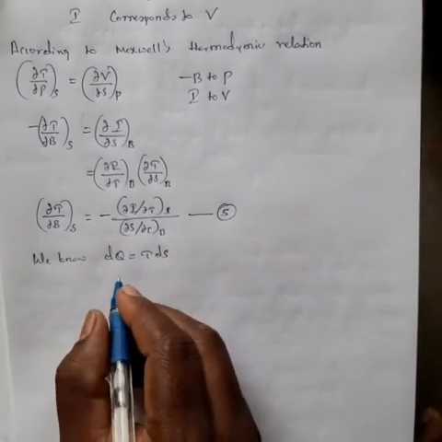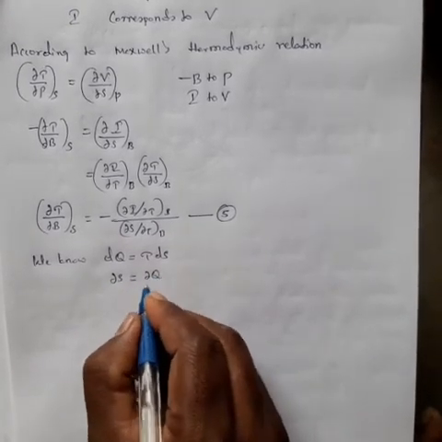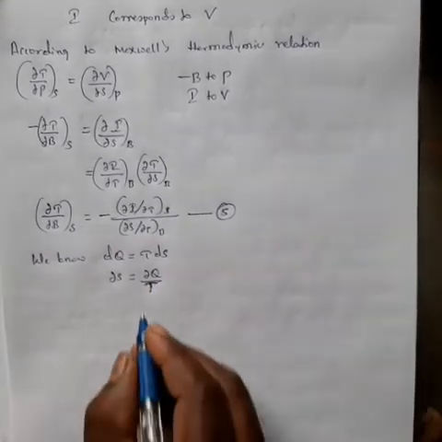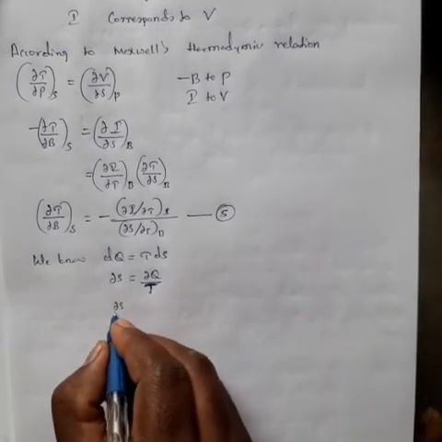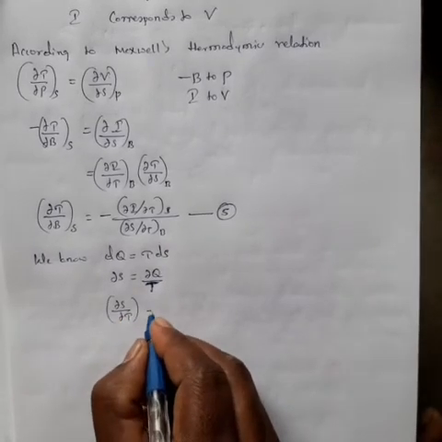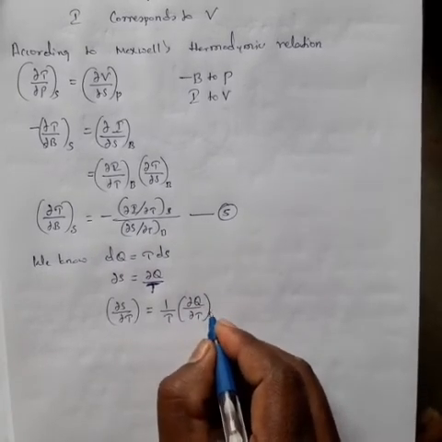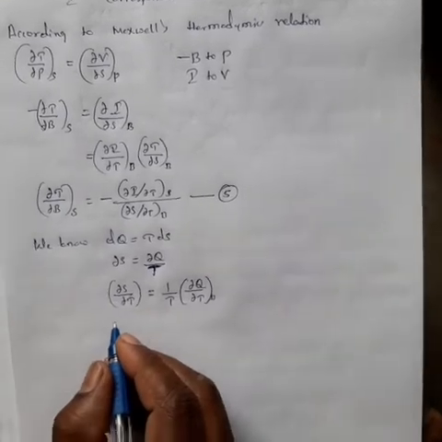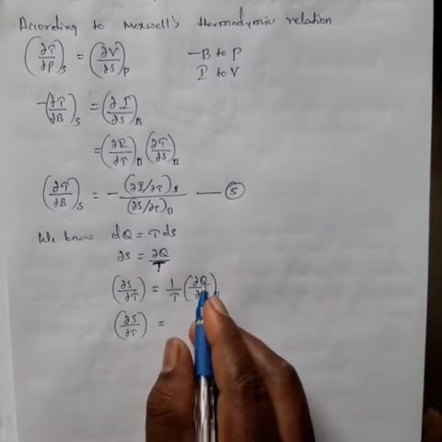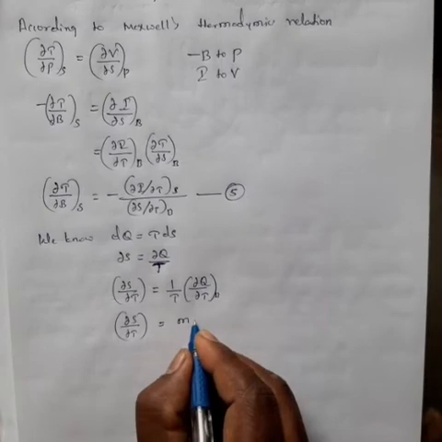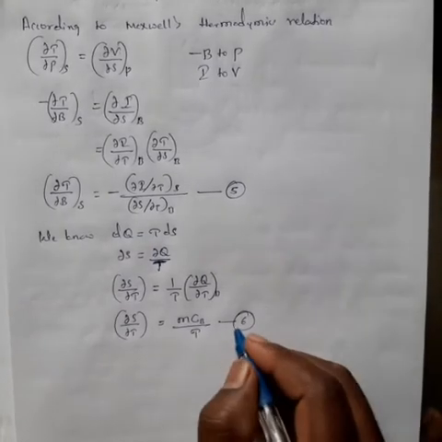Now this can be written as dS is equal to dQ divided by T. Now (∂S/∂T) at constant B is equal to 1 by T into (∂Q/∂T) at constant B. Now this can be written as (∂S/∂T) is equal to M C_B divided by T. Let us consider this as equation number 6, where